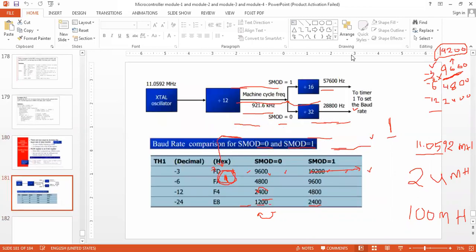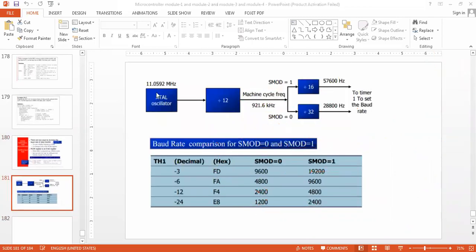So how is it going to happen here? One step is our crystal oscillator is 11.0592 megahertz divided by 12. Then if SMOD is equal to 0, I will get 921.6 kilohertz. If SMOD is equal to 0, I will get 28.8 kilohertz. Okay, this is the baud rate. Or else, if SMOD is equal to 1, then this 921.6 kilohertz is going to be divided by 16.